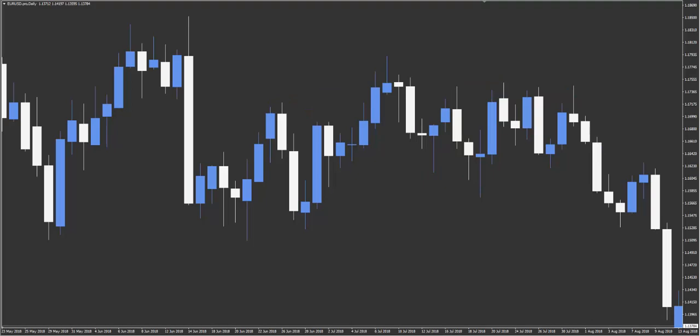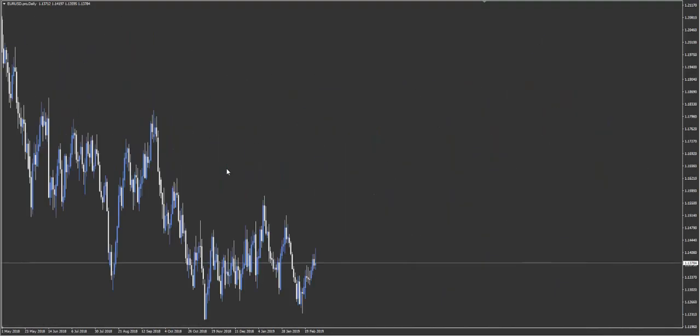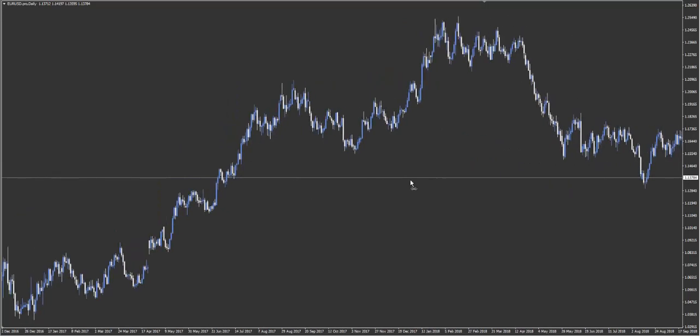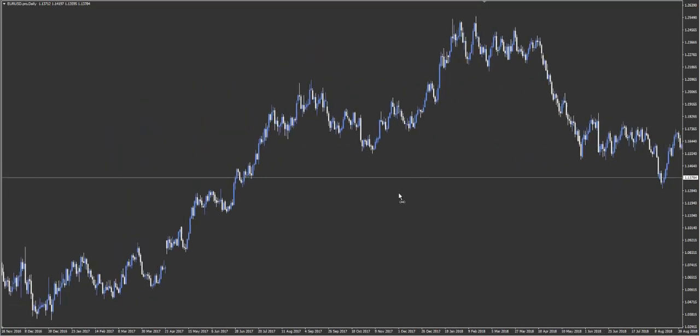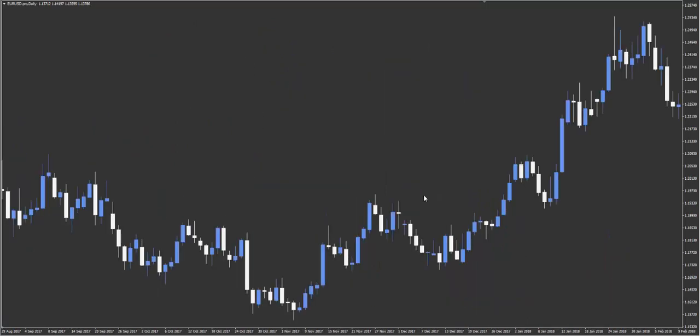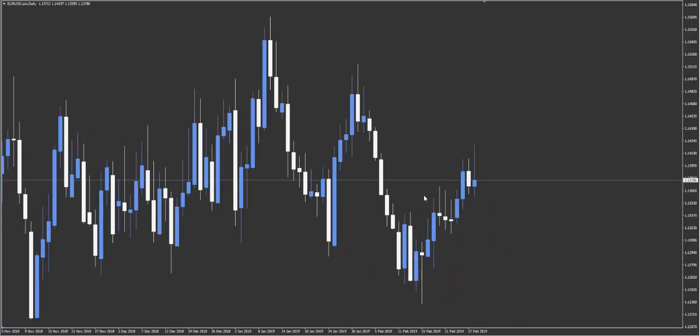You don't want to be plotting levels from 3 years ago and hoping that it's still going to be reactive today, because no one's got their stop loss there, or no one of any importance has their stop loss there. And the whole reason why markets move is because of the flow of money from buyers to sellers. All right, and the point is that when people are getting stopped out, that's usually a shift in the market from buyers to sellers. Not just when you're getting stopped out, but when groups of people are being stopped out.